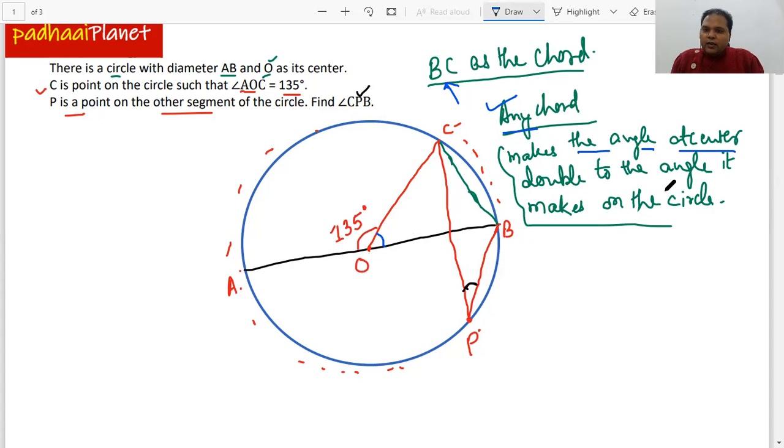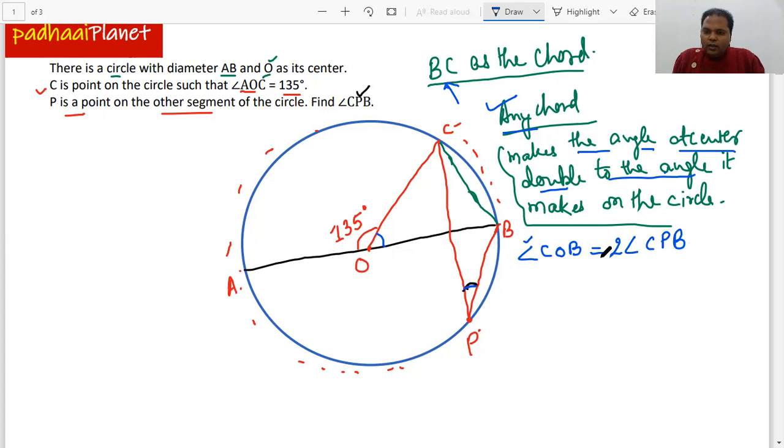And this angle is angle COB. Now they're saying that this angle is double the angle it makes on the circle. So this chord is making another angle on the circle, and the angle at the center is double of this particular angle. So we can write that angle CPB,